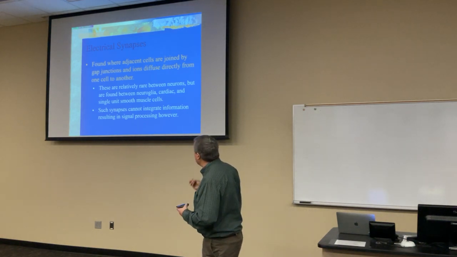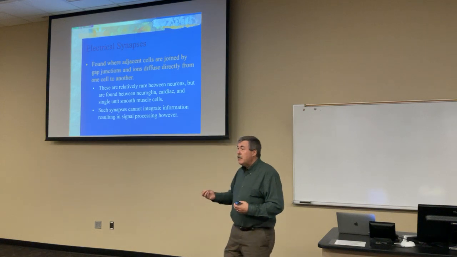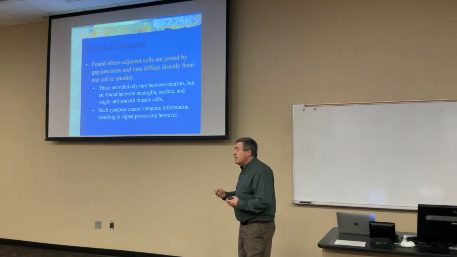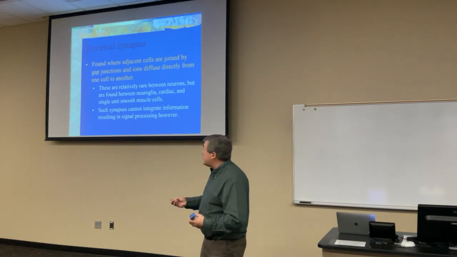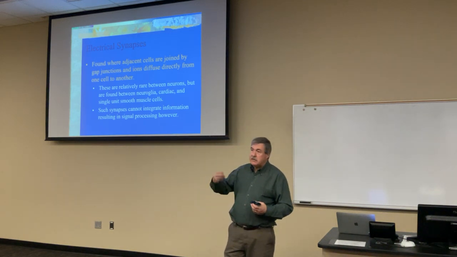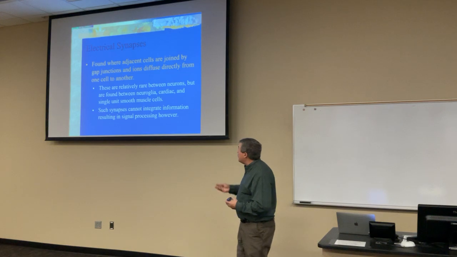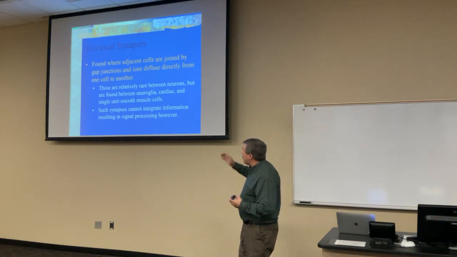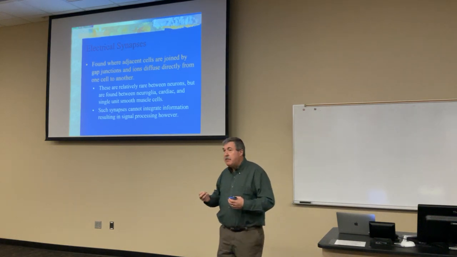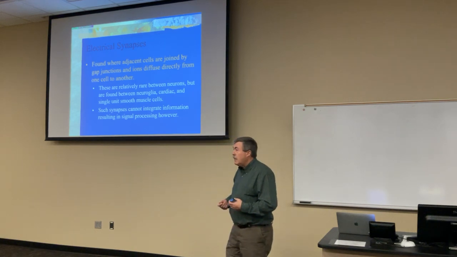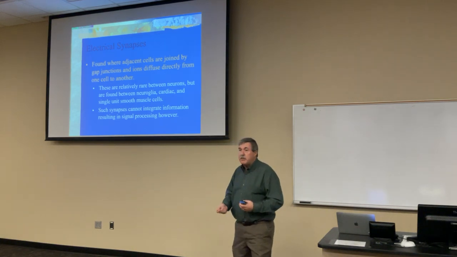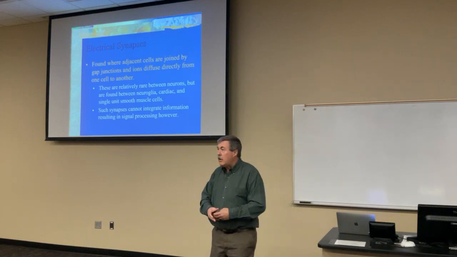They can also occur between neuroglia, which are found in nervous tissue, but are not the cells that produce the neural impulses. And it also can occur in a type of smooth muscle called single unit smooth muscle. But in the nervous system, which we're talking about right now, it only uses chemical synapses.